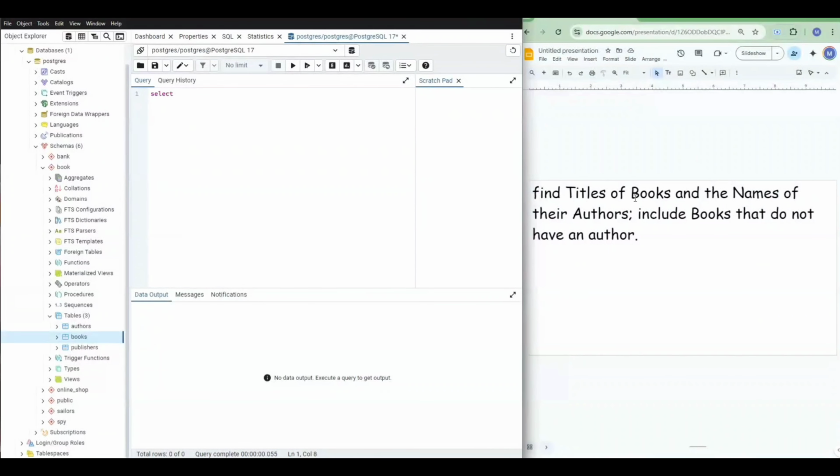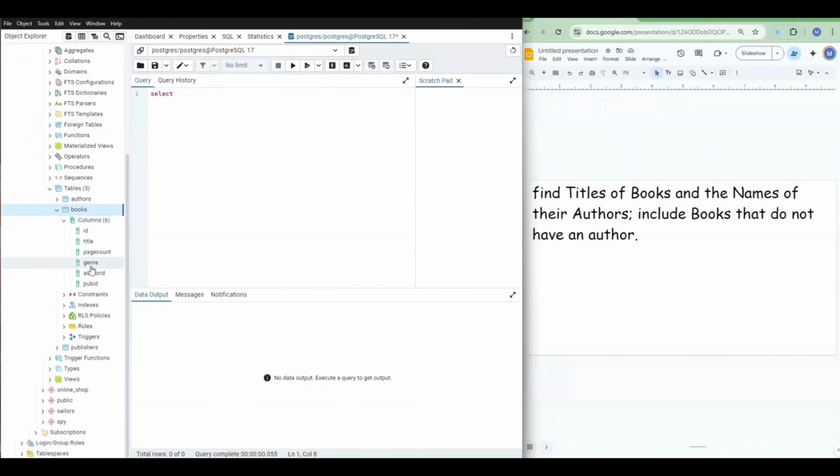We want to select the titles of books, so I suppose the titles should be found under the book table. Yes, you have title. So you want to select title